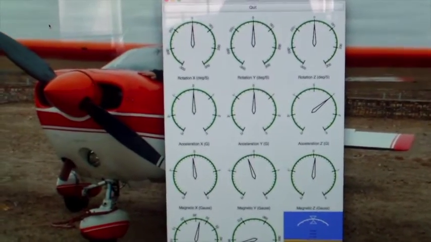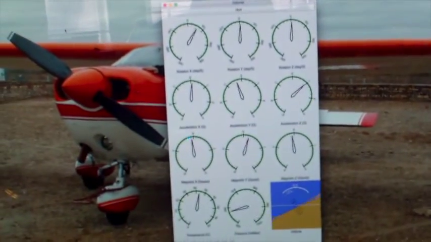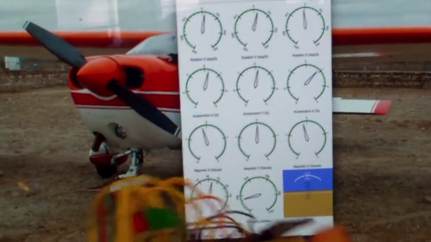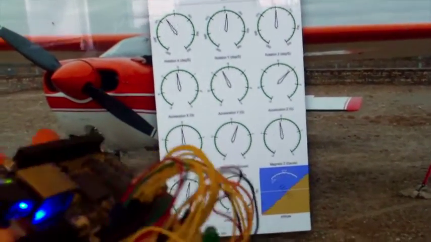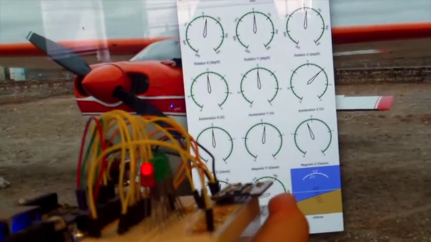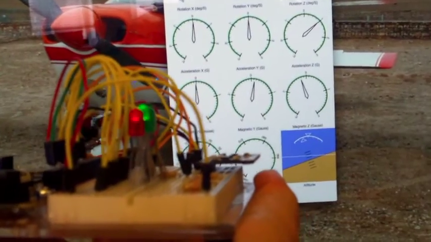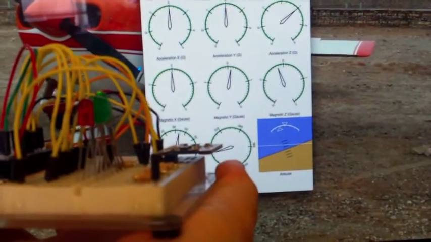So as long as the rates are 0, it's not moving. Now if I pick up the board and start moving it around, you can see the gauges start moving as the sensor is actually reading data. And as I level the board out again, you can see that the attitude is a bit off